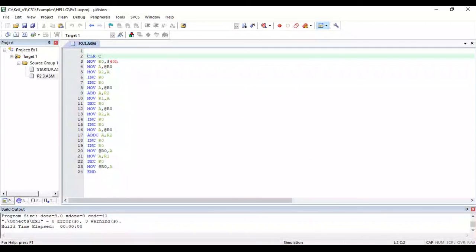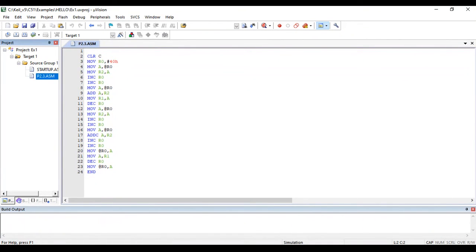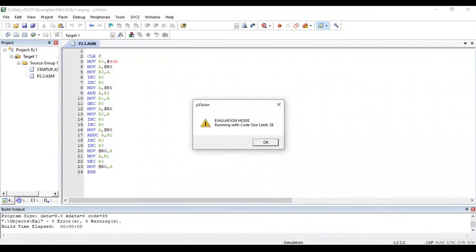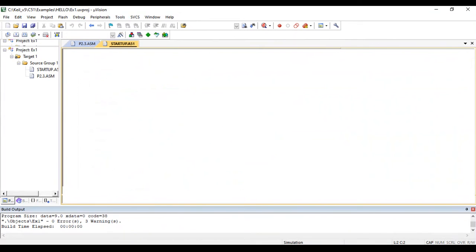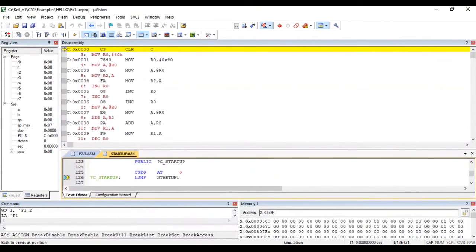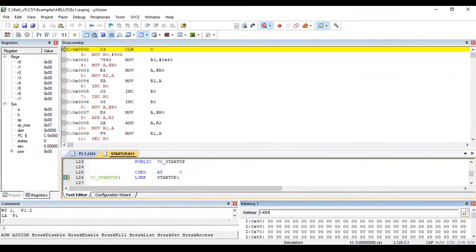Next program is to add two 16-bit numbers using register addressing mode. So we have added the program file to the project window. Then we have to build the target and then go to debug, start stop debug session, and then we have to access the location 40H to 43H. So type the address I colon 40H in the address bar and then give the input